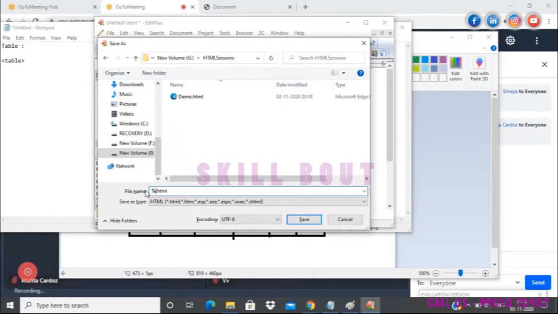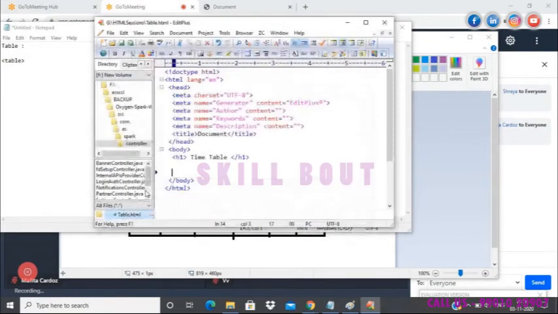I'll name this table.html. You can name the file anything, but I'm naming it table.html so that next time I come back and look for the code related to the table, it becomes easy to understand that this file is related to the table code. So I'll save it as table.html. It has been saved already.